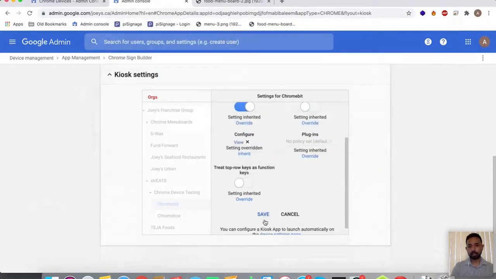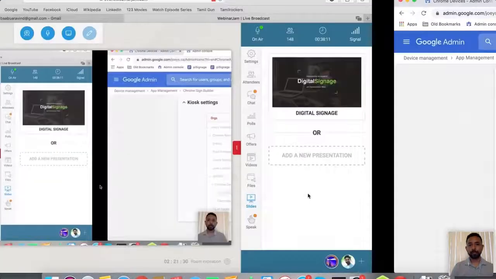I'm not going to save it. I need to show you something first before that. As I said, I'm going to use this device today. I have a monitor set up here. I'm going to power up this device first.